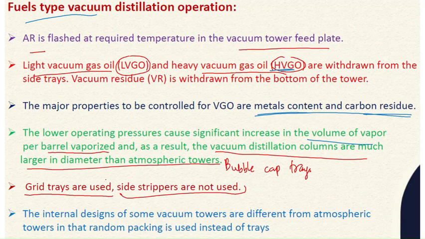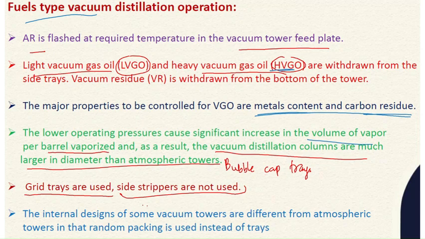Okay, and grid trays are also used in place of bubble cap trays. Bubble cap trays have better fractionation and better mass transfer, but in the case of the vacuum distillation unit, better mass transfer is not required. As I told, mass transfer should be better when multiple cuts are there, so that complete extraction of a single cut comes out as a very pure cut. But in vacuum distillation, as I told, there are not numerous cuts available, only one or two cuts are present at a single time. That's why bubble cap trays are not much required.